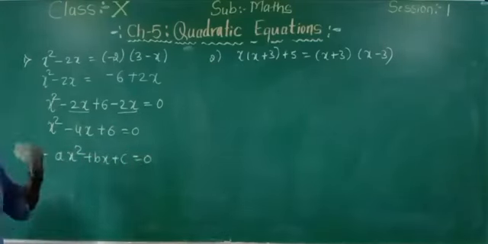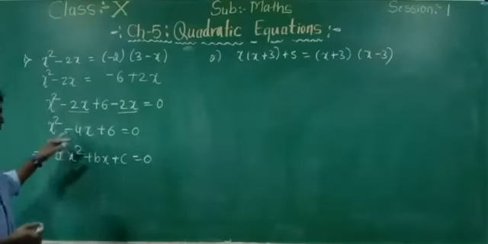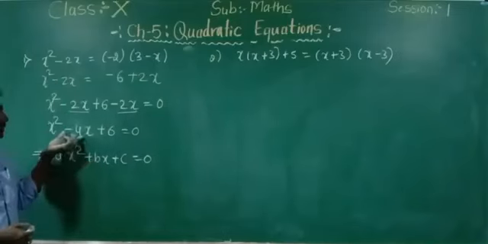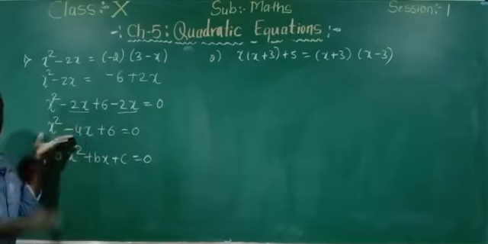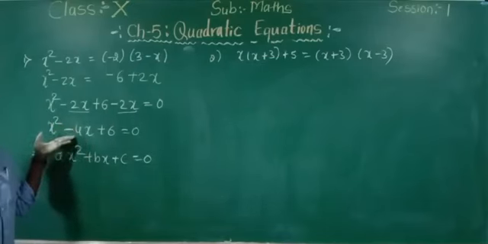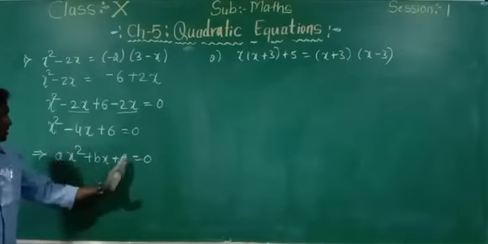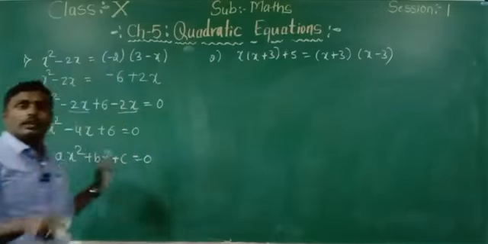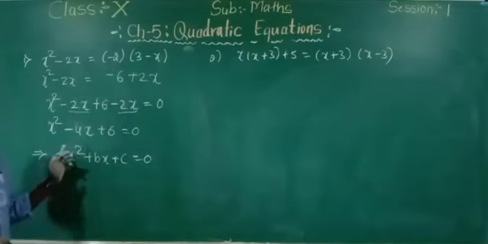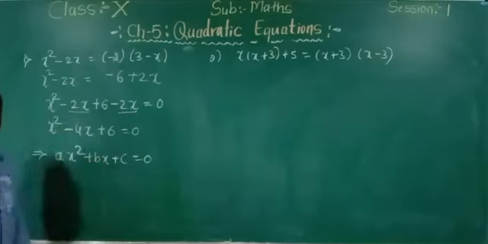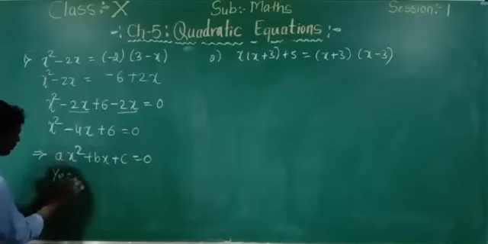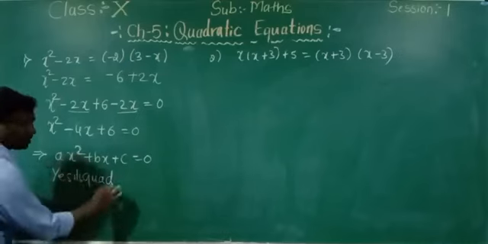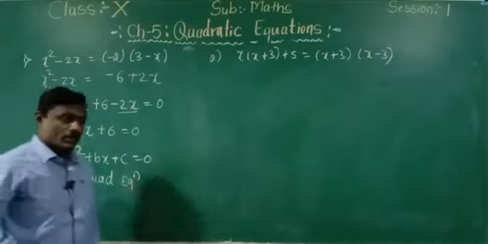Now you are getting some doubts. Sir, after completing one term, here we are taking positive, but after solution we are getting negative, what does it indicate? I already told you a, b, c are real numbers, whether positive or negative, but the highest exponential power of the equation should be 2 only, right? So yes, it is a quadratic equation.